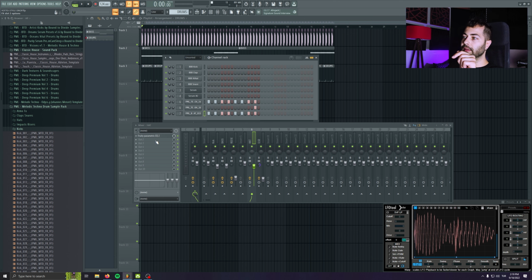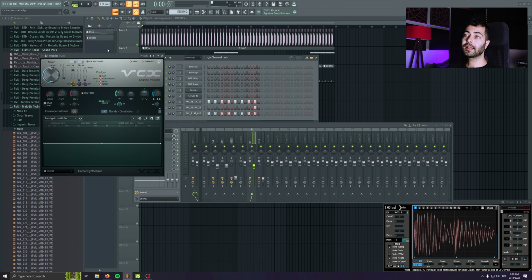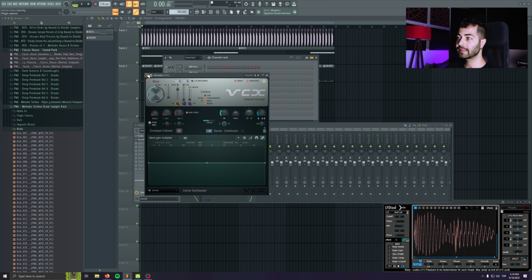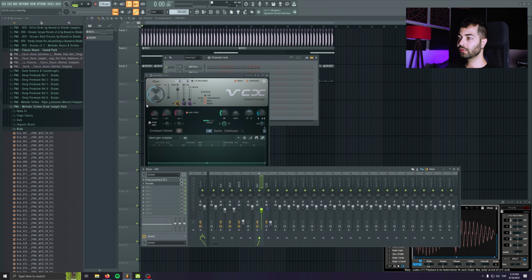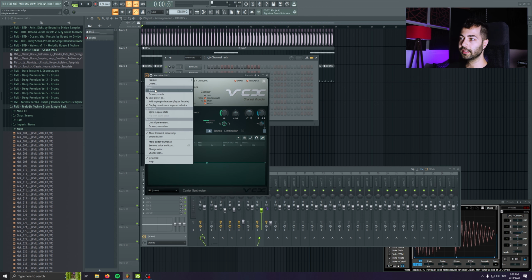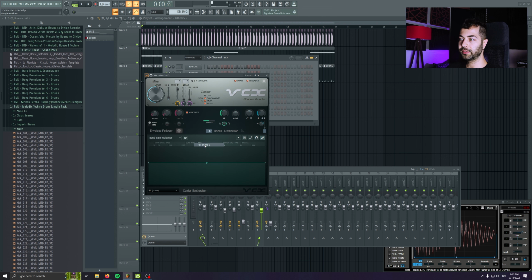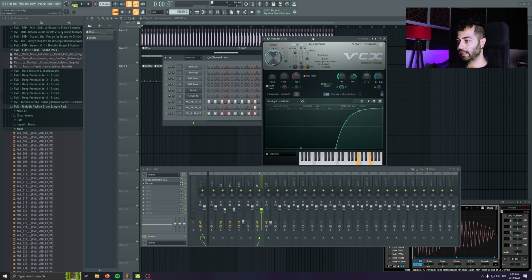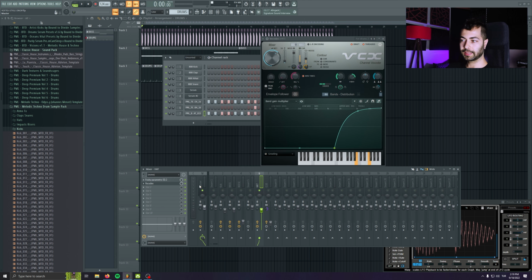Another trick about the hi-hats, I heard Yotto using these tricks most of the time. I'm not sure if I'm gonna use it on the track, but still I like to show it to you. You can put the vocoder on the hi-hat channel and you can choose the drum preset here. And let's make the EQ something like that. And now it sounds bad like that. But if you lower the drive in here,